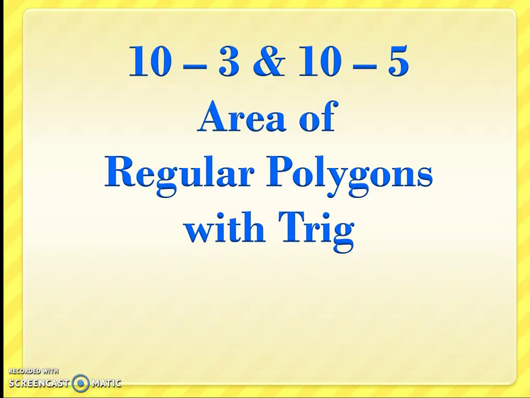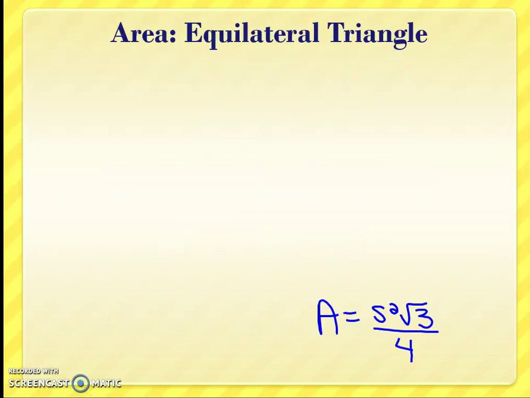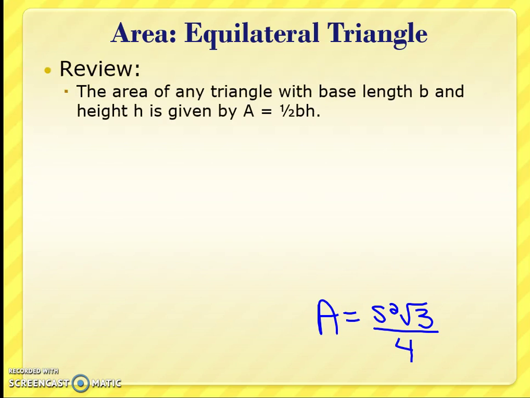Area of regular polygons with trigonometry. Area, equilateral triangle. So first, to review, the area of any triangle with base length b and height h is given